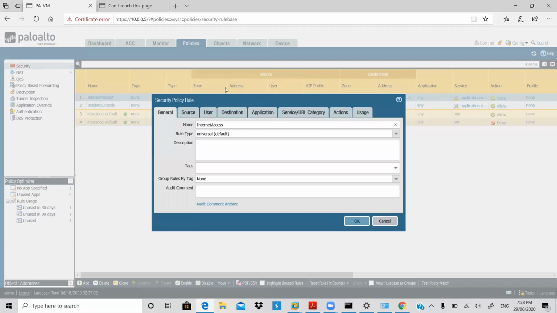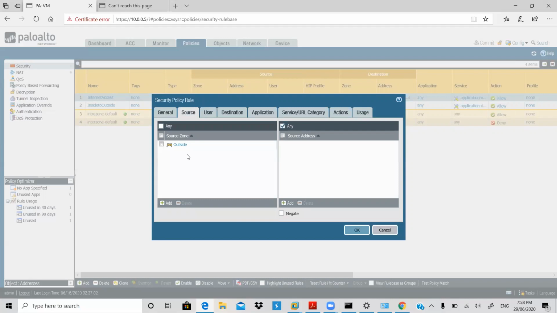Here we have given internet access. Source is my outside zone, correct? Destination is my inside, and the IP address is 192.168. Wait a minute, is this IP address correct with my configuration?